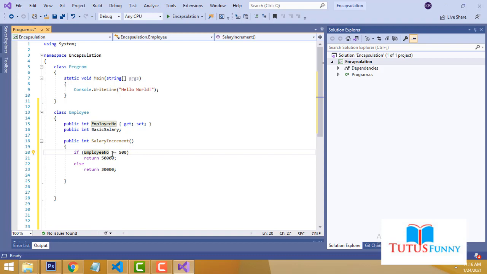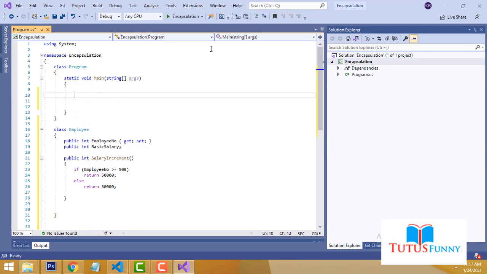So if the employee number is above 500, the company provides a salary of 50,000. Below 500, the company will provide a salary of 30,000. This is the company rule. So let's see how the function works.